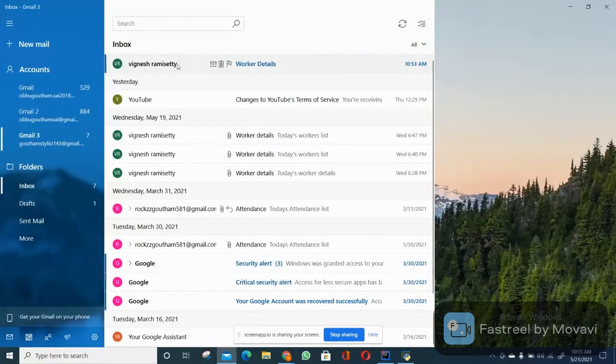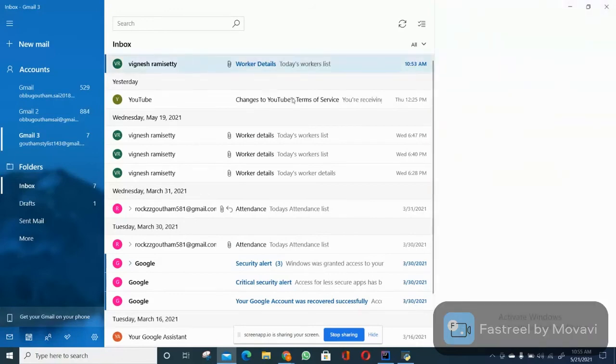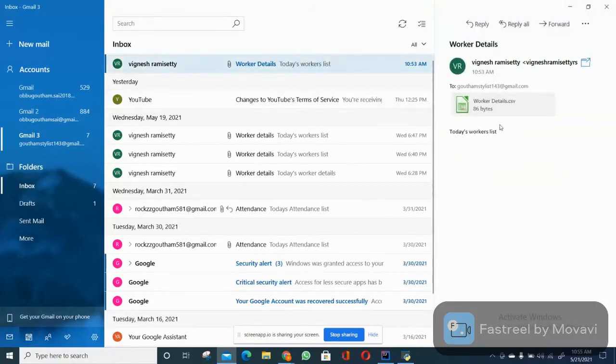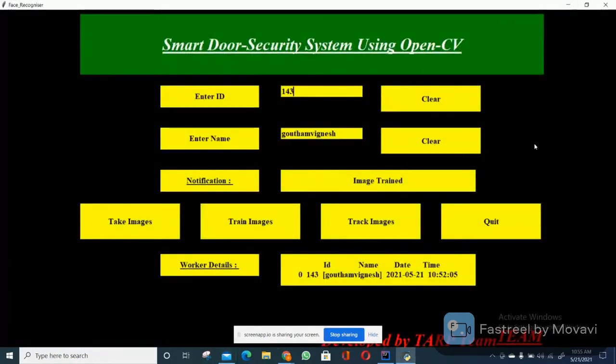We can see that I got a mail, the worker details CSV file.